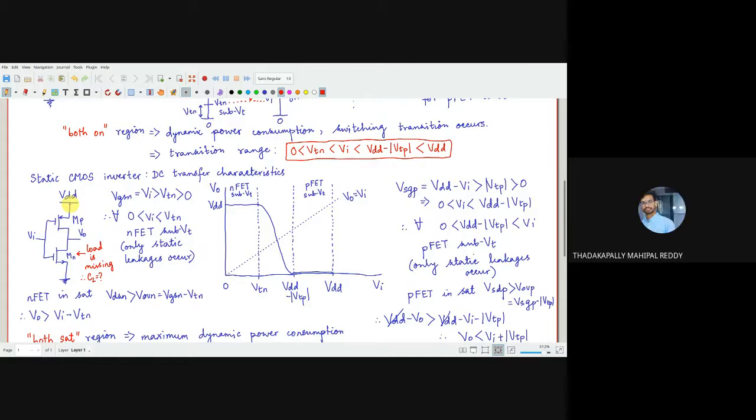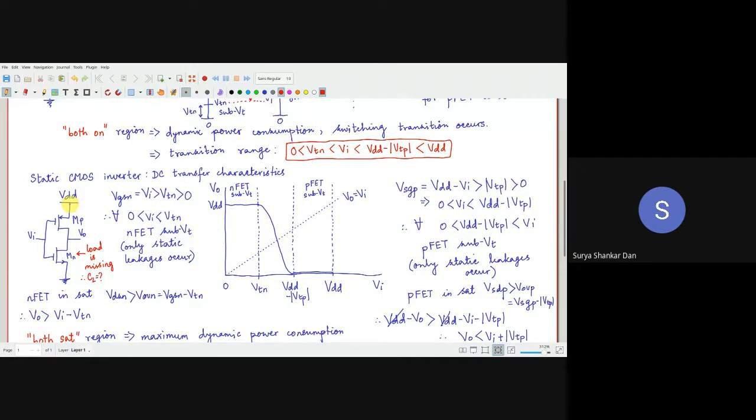Yes, sir. So why is it? For example, let us say the specific gravity of water is 1. Obviously, it will be, because specific gravity is defined as a ratio of the density with respect to the density of water at room temperature. So specific gravity of water will always be 1, right? So now my question is, why is static CMOS inverter the